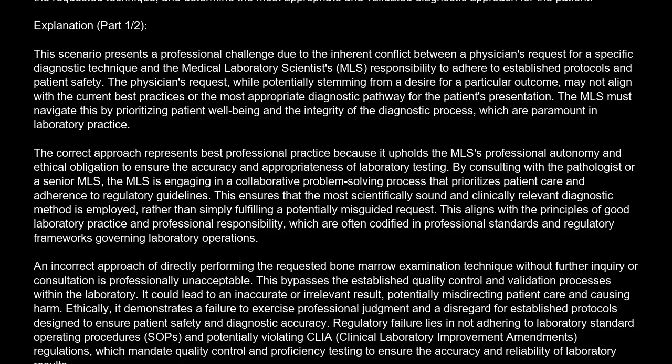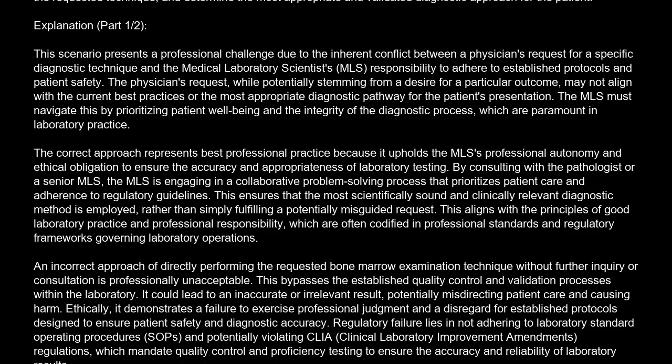An incorrect approach of directly performing the requested bone marrow examination technique without further inquiry or consultation is professionally unacceptable. This bypasses the established quality control and validation processes within the laboratory. It could lead to an inaccurate or irrelevant result, potentially misdirecting patient care and causing harm. Ethically, it demonstrates a failure to exercise professional judgment and a disregard for established protocols designed to ensure patient safety